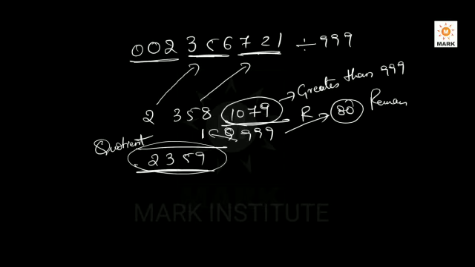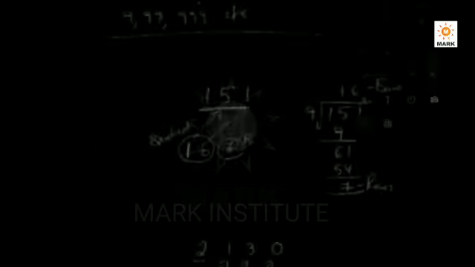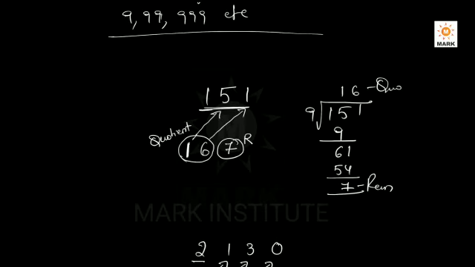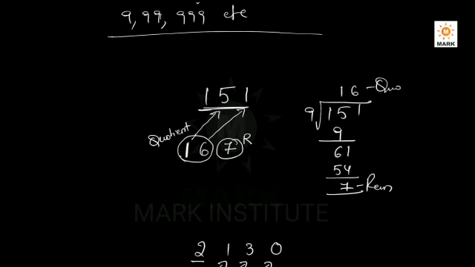So we apply the same method by increasing the size of the reference number we are taking, whether any number is divided by 9, by 99, or by 999. That means any number divided by all such 9-series numbers. Friends, there is one more advantage of this method. Not only can you tell the quotient and remainder separately, you can tell the quotient in decimals also. This is one of the most important advantages of this method.